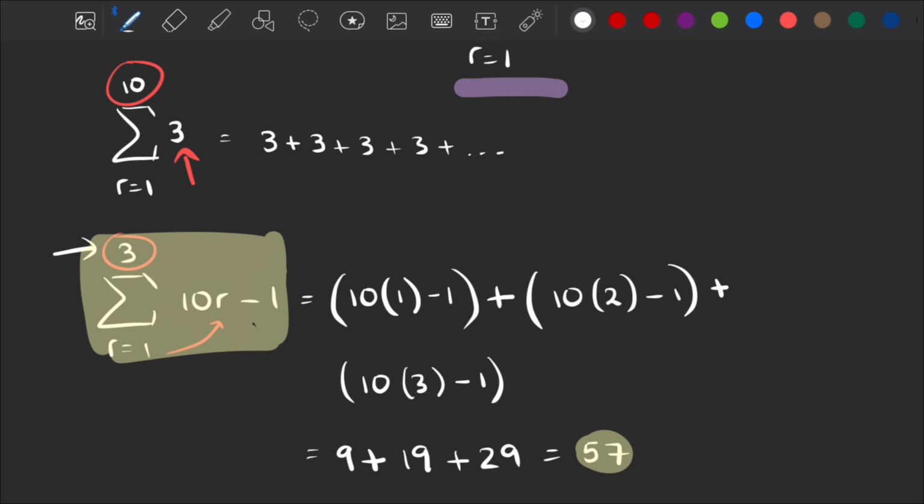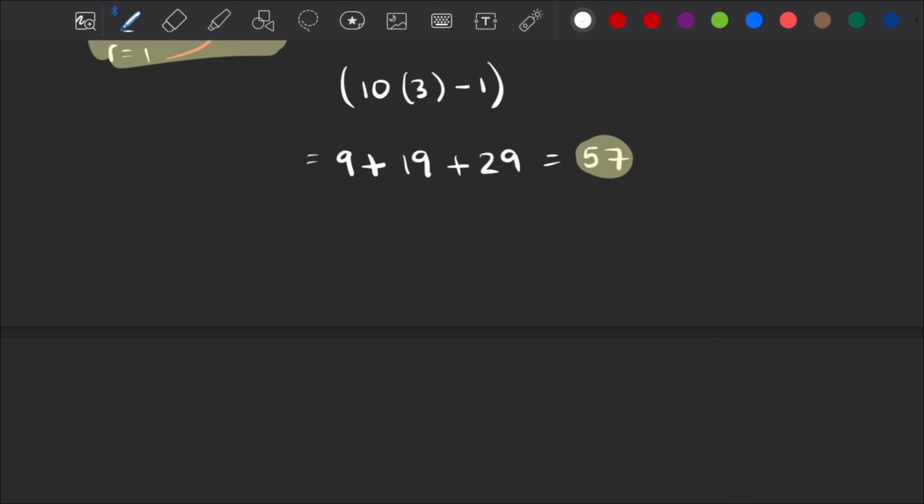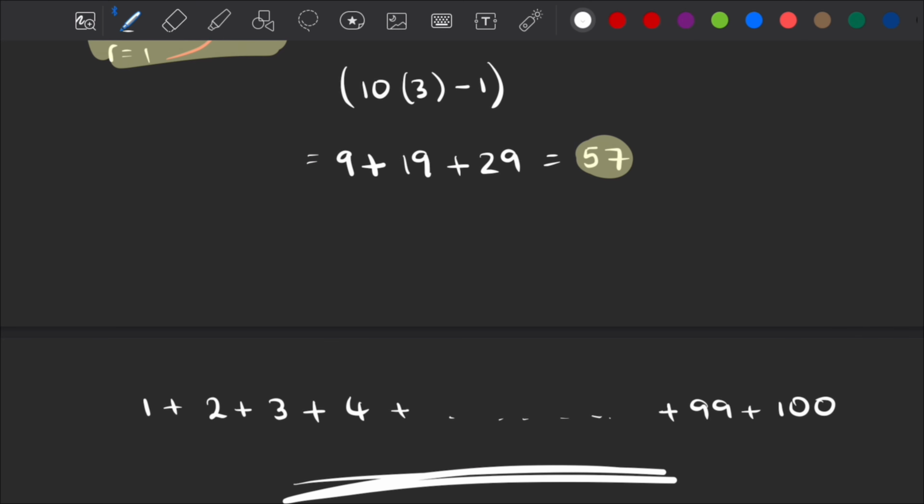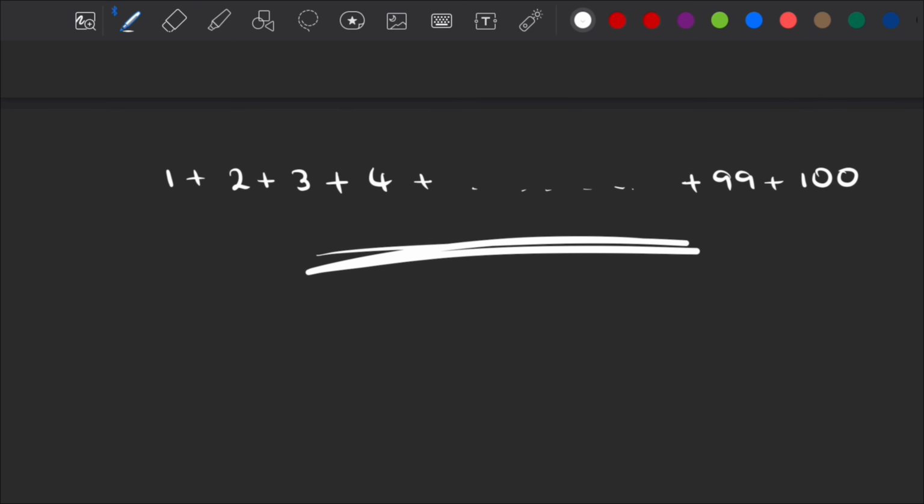Why this is useful is because say we want to find the sum of the first 100 natural numbers. So I want to add 1 plus 2 plus 3 plus 4 plus 5 all the way up to 100. Well, as you can see, I don't have enough time to sit down and write down this entire sum. So this sigma notation gives me a very concise way of writing down this really long sum in just a few symbols and numbers. So this looks like the sum from r equals 1 to 100 of r,